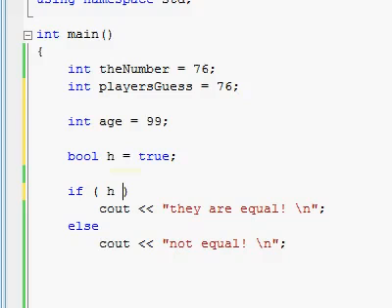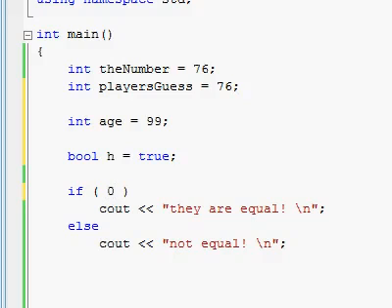So if h is actually true, he will succeed, and if h is false, he will fail. If for some weird reason you want to force an if statement to always be true, you can do something like if true, and for false you would do if false. And you can also use number values. Anything other than zero will be true, even negative numbers, and zero